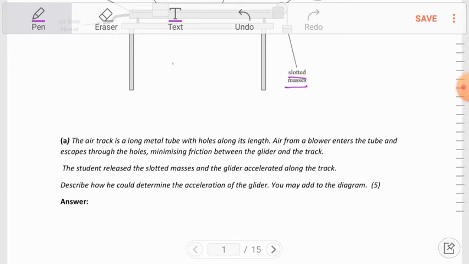So we need to just describe an investigation that we would naturally carry out to investigate the acceleration of any moving object. We know the pattern for writing an acceleration question is, first we need to write the instruments that we are going to use, and then we need to write how we are actually going to use that instrument and how that instrument will give us quantities that are related to the desired quantity for our experiment. So let's start. We will first write the equipment that he will use.